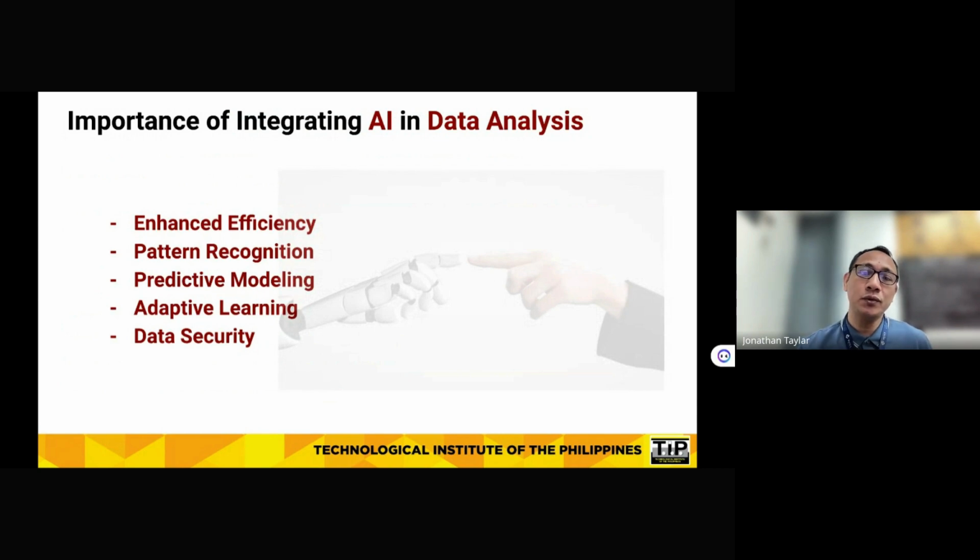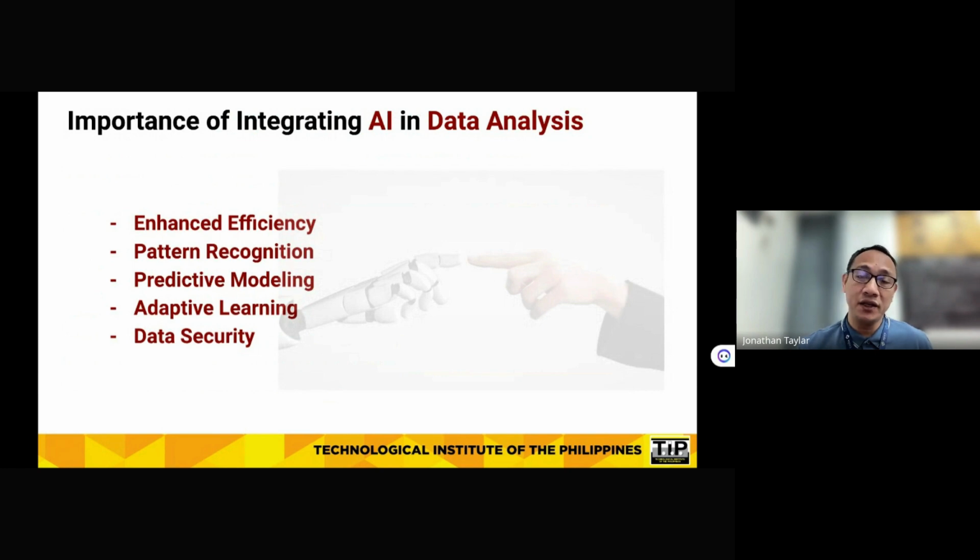AI can also recognize patterns, particularly machine learning algorithms. They excel at identifying complex patterns and relationships within large data sets that may not be readily apparent to human analysts. By leveraging AI for pattern recognition, organizations can now uncover valuable insights. They can also detect anomalies and discover hidden correlations in their data, which can inform strategic decision